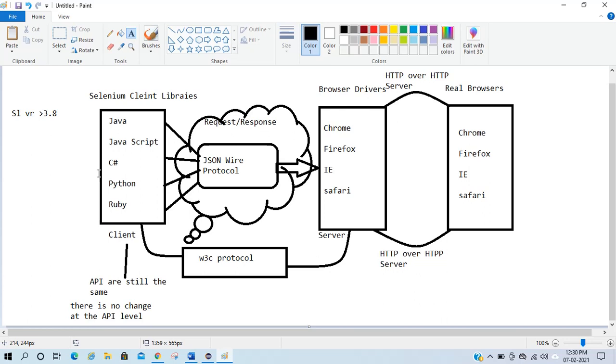This is, guys, because of the JSON wire protocol, the communication is not stable and consistent. With Selenium 4, it will be more consistent across the browsers and it will provide more stability.